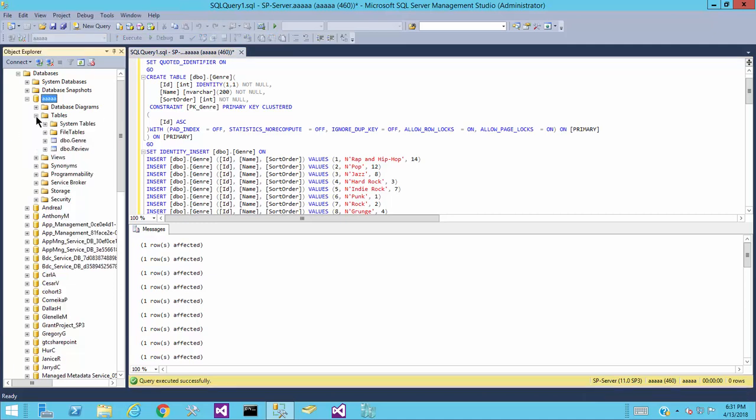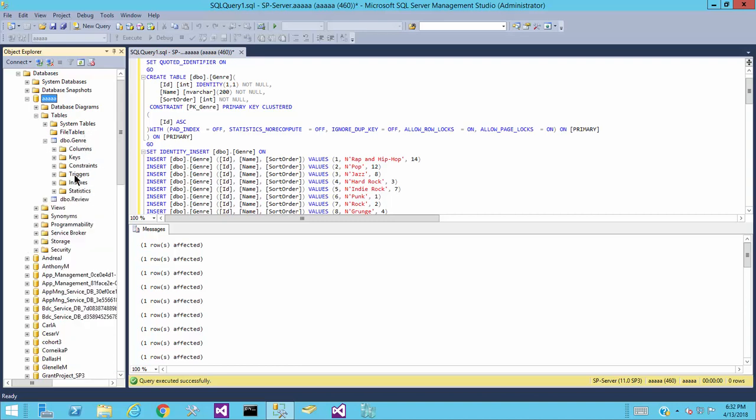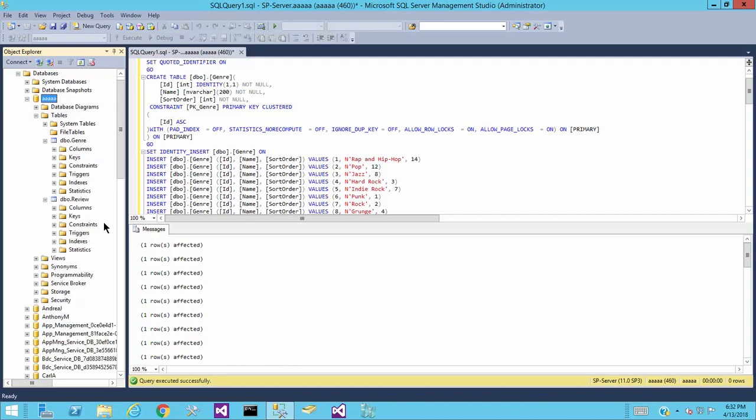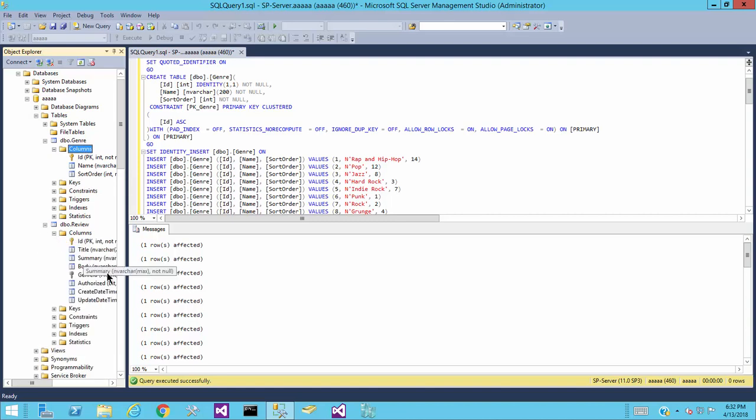come up here to the tables area, and then I should be able to open these up. And I created a genre table and a review table, and it shows me the columns. If I open that up, and then of course if you want to see what's actually inside there, you can run a query that would basically select the whole table and print it out. And at this point, to me, it seems like it worked, and hopefully you guys